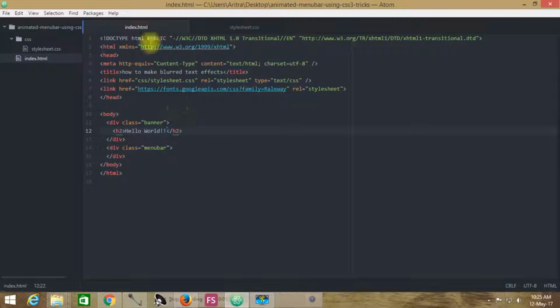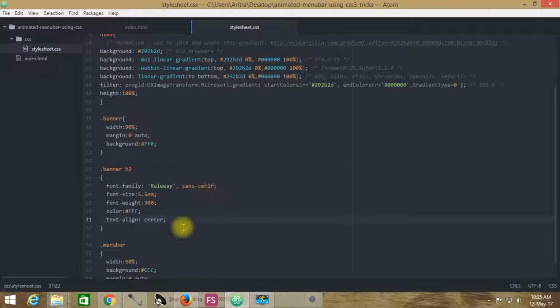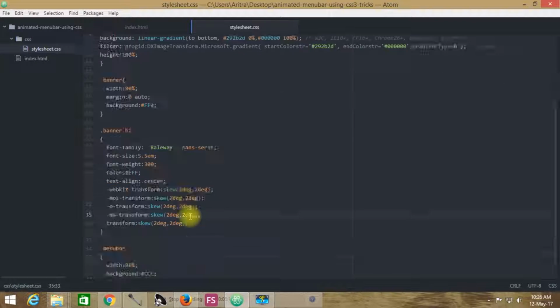All we need to do here is skew this font a little bit such that it appears a bit slashy to us. So we are getting back to our stylesheet.css. Of course, you have to remember that this is the standard syntax and you need to mention the other hack codes. So get back to your project and reload. Now you can see that your font is a little bit skewed.